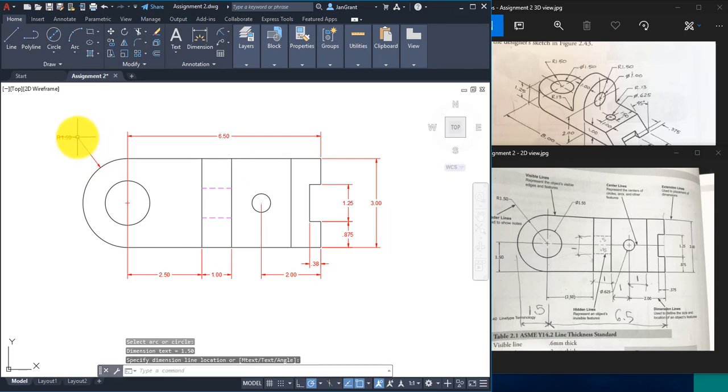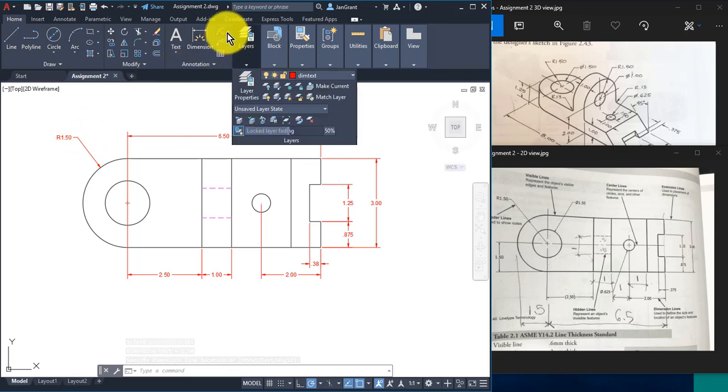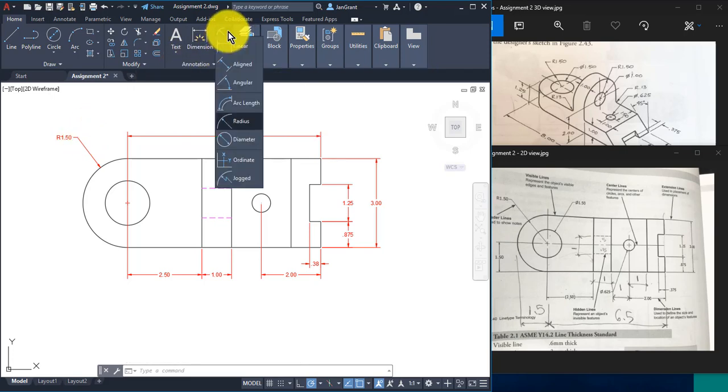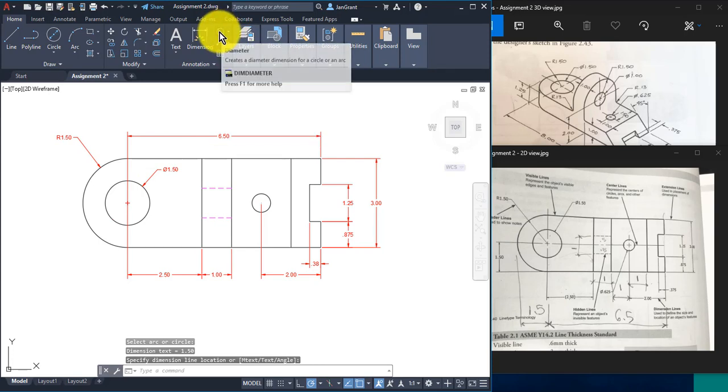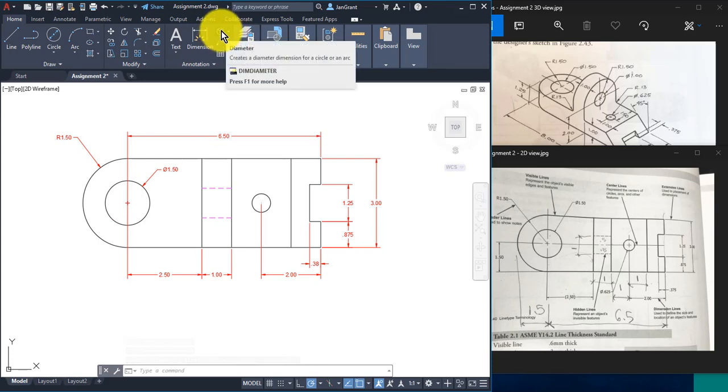Okay. And now we have a couple more that are diameter. So we'll go back underneath linear. Notice that when you use one of the tools that are underneath one of these drop downs, it becomes the top one. So if you're looking for linear, it won't be there at the top. The radius will be there. So click on the arrow, come down to diameter that's underneath linear, and click on this smaller circle on the left side. Pull your mouse out here and click, and then again it's the top icon,